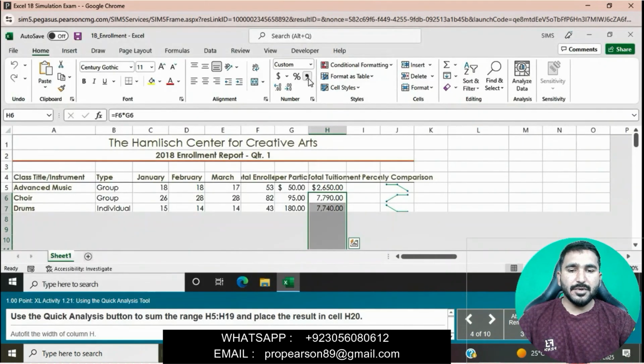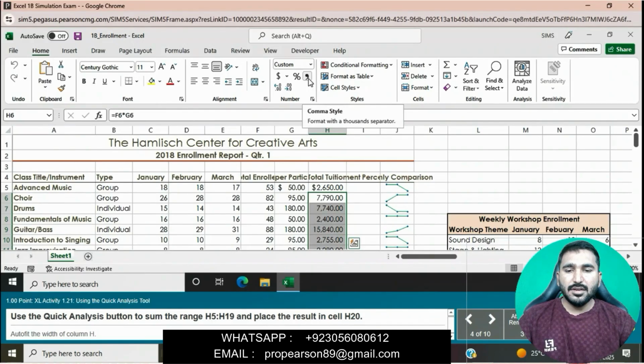Okay, question is completed. Now use the Quick Analysis button to sum the range H5 to H19 and paste the result in cell I20. We will select this range H5 to H19 and then use the Quick Analysis button.